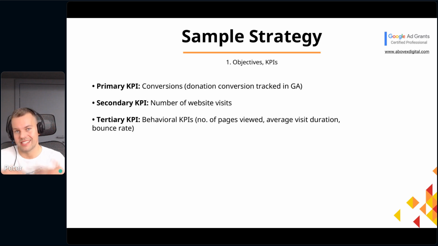The secondary KPI was the number of visits. They wanted to max out their exposure, max out the traffic, build up their audiences. Because once you have these retargeting pools created, you can use them later on as well. You can set very long cookie duration, which can be more than, I think the maximum is 540 days. So you can retarget those people for 1.5 years, right? So that's also very valuable.